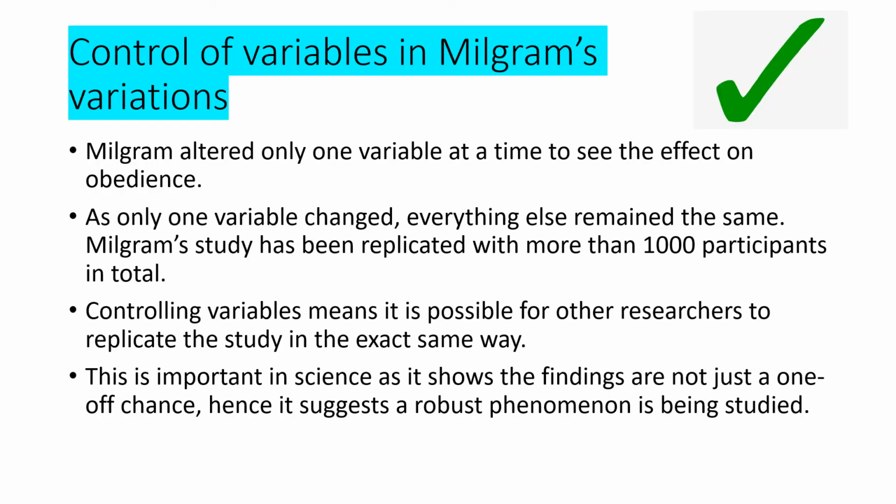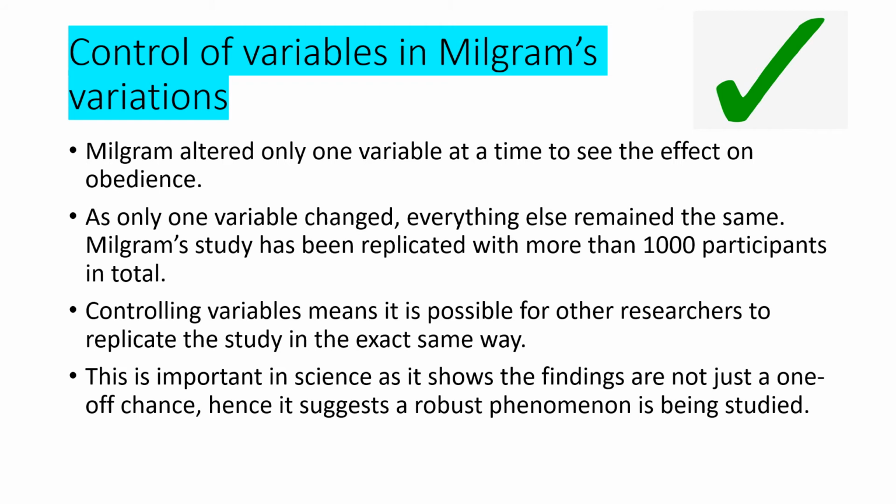Furthermore, another strength is that we have a high level of control of the variables in Milgram's variations, because what Milgram did was he was only altering one variable at a time to see what effect it had on obedience. And because he was doing this, it means that every other variable was remaining the exact same as the original. So the study can be replicated and other researchers can do this in the exact same way, which is good because therefore we can say that the findings aren't just a one-off chance,